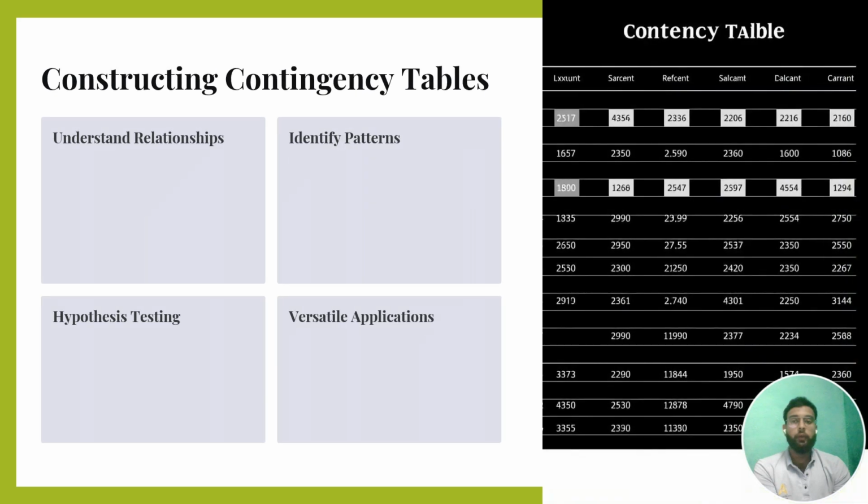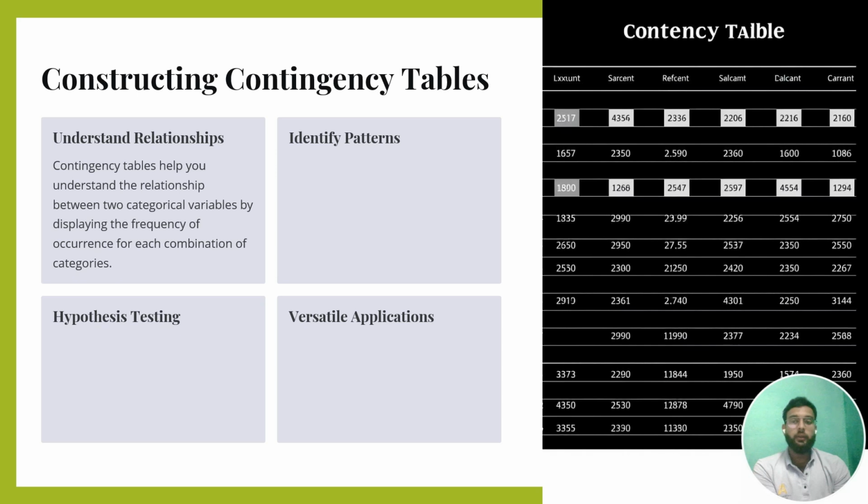Now we'll talk about how we can construct contingency tables. Firstly, we can do it by understanding relationships. Contingency tables help you understand the relationship between two categorical variables by displaying the frequency of occurrence for each combination of categories. Secondly, by identifying patterns, we can analyze the values and contingency tables can reveal patterns, associations, and potential